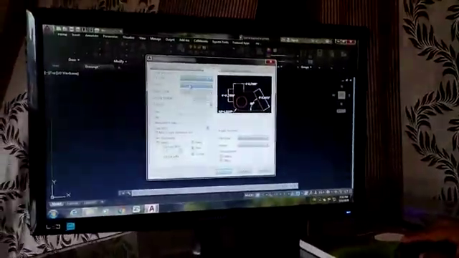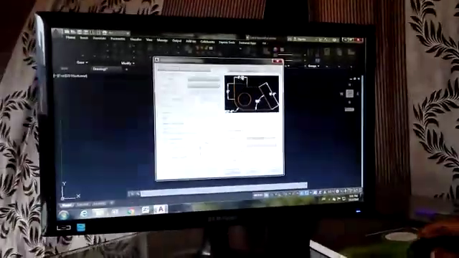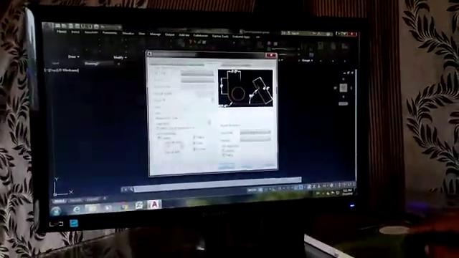That's why I change the primary units also to engineering units. After applying the unit format, I change precision to 0-0. Here we can see the figure, the model of the dimension style comes like this.